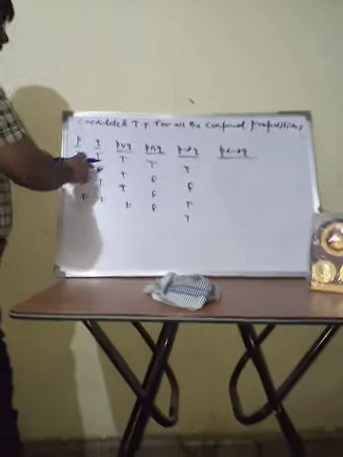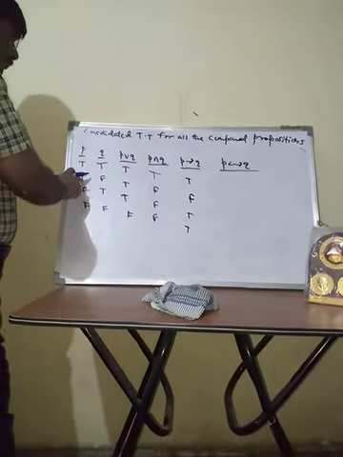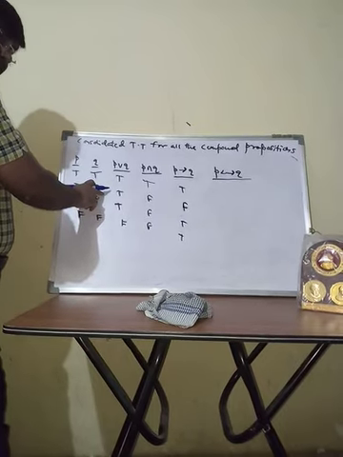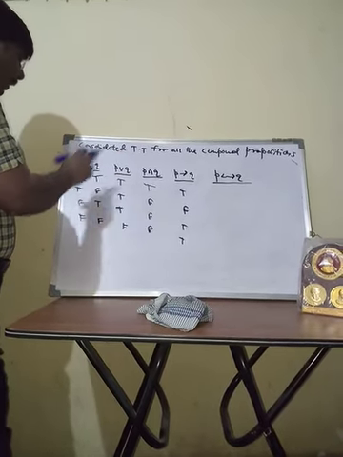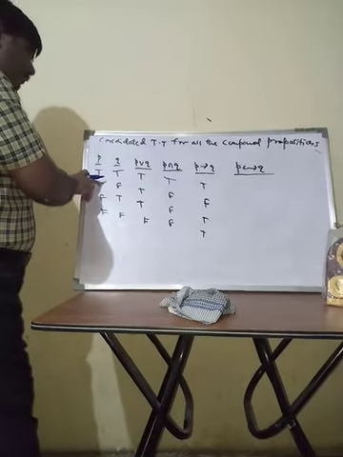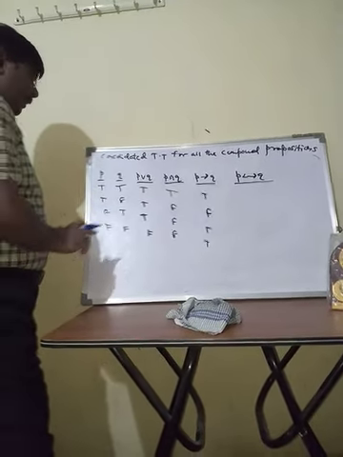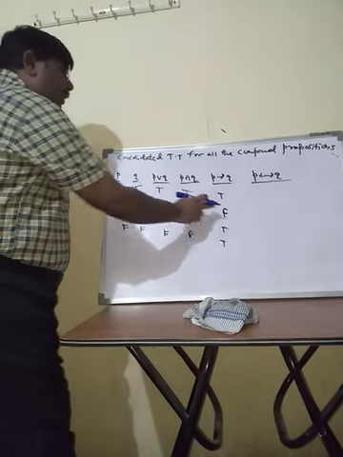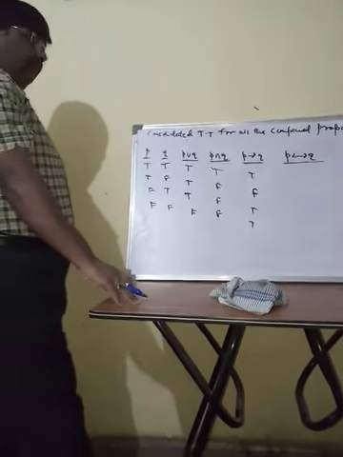If this happened, that should happen. If first one happened, second should happen. If the second is happening, there is no need for the first one to happen. The condition is on the first one. If the first one happens, the second one should happen. If it is not happening, if it is false, then the resulting conditional is also false.